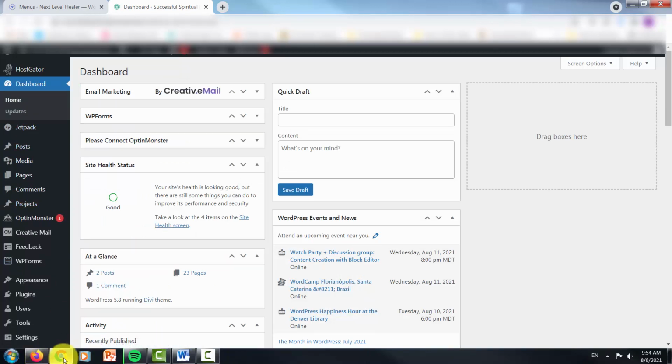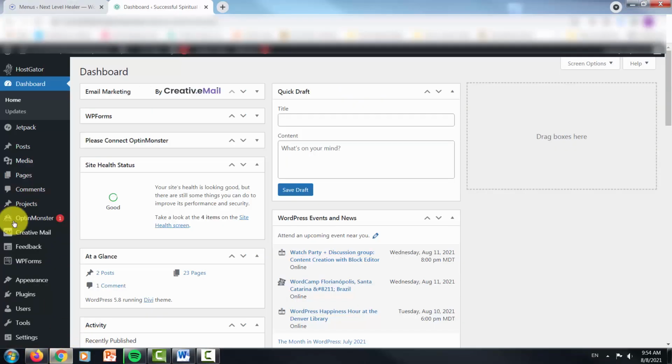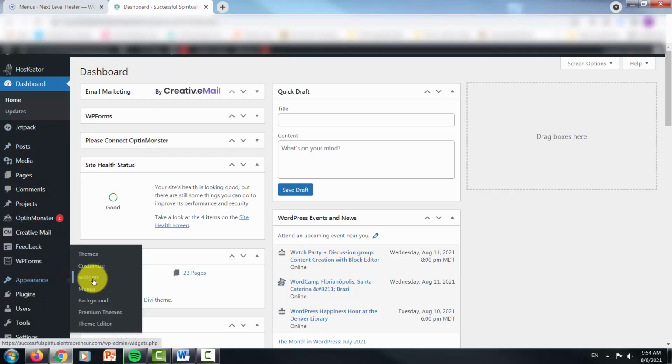So in order to get this, we need to go to a special place. And that special place is, if you go under here to appearance, go under widgets. And it took me about a year when I first started out to figure out what the hell a widget was, because it does not make sense. So you're going to click on widgets,